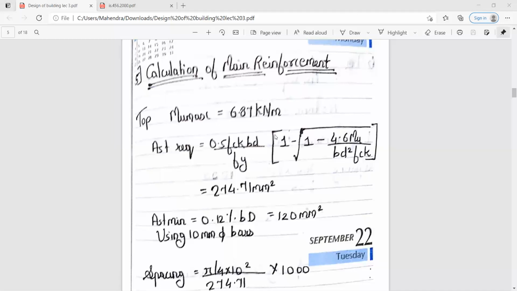So first of all, calculate AST required. Do you get AST required as 274.71 mm square? The value for the depth is 75 and the value for B is 1000, M20 and Fe415 grade is given to you, and the moment you have already calculated, that is 6.87 kilonewton meter.